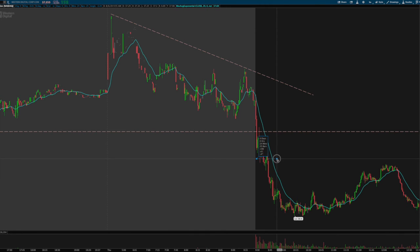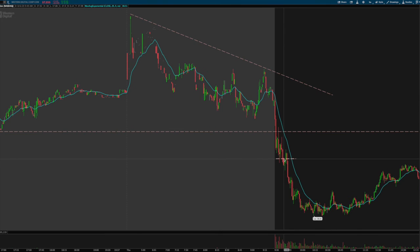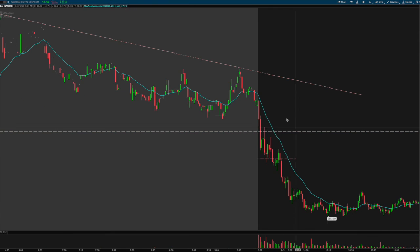So this wasn't managed well, in complete honesty, but I'll be showing you guys why exactly. So I got in, as you can see, a little after the $38 breakdown. Notice clear selling from the jump and wanted to get in at 38. Got 2 cents fill late. I had about a 30-cent stop. So I had my stop up here,